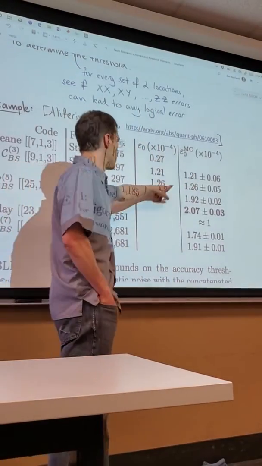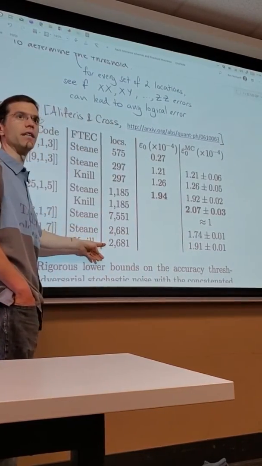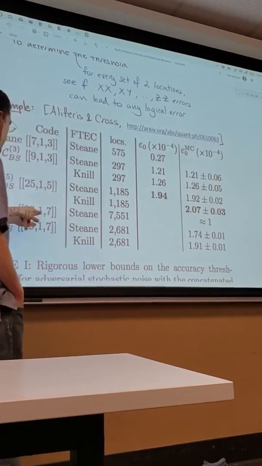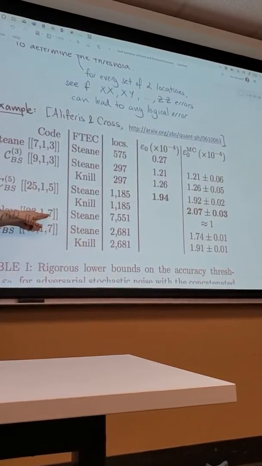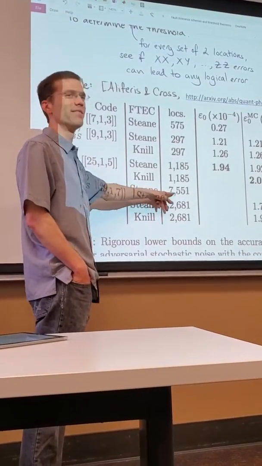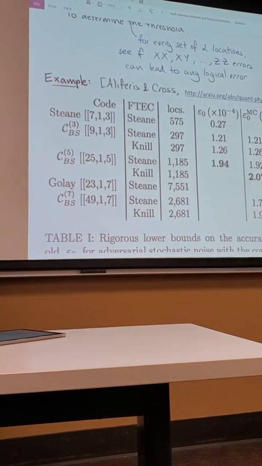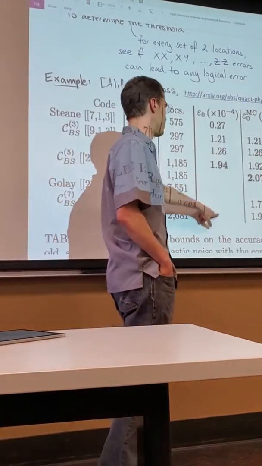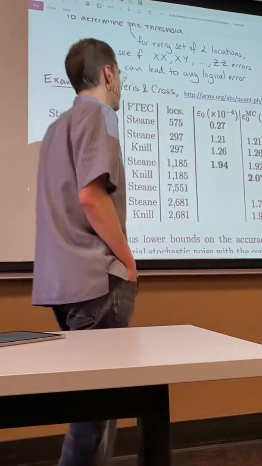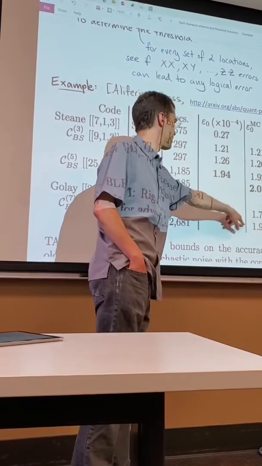But basically here, one advantage of this is you can run it on larger n. So it's expensive to count malignant pairs and malignant triples and so on. Well, these are high distance codes even. So you have to count up to malignant sets of size 4 for a distance 7 code, which is hard if you have 7,000 locations. So 7,000 choose 4 is, I guess, a large enough number. You don't want to do it on your computer. So instead, they don't do it here, but they only do it stochastically. And they get, again, these are the lower bounds and the thresholds. And they're reasonably high numbers, right? So you're getting almost 2 times 10 minus 4 for either of these two schemes, and maybe that one as well.